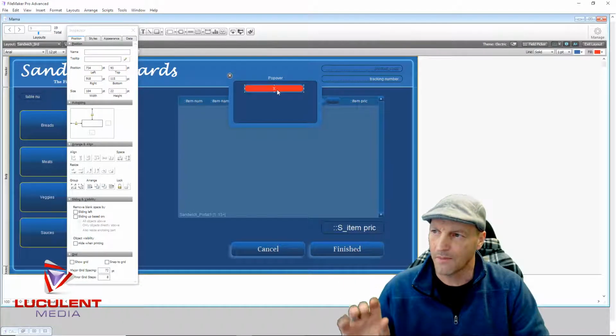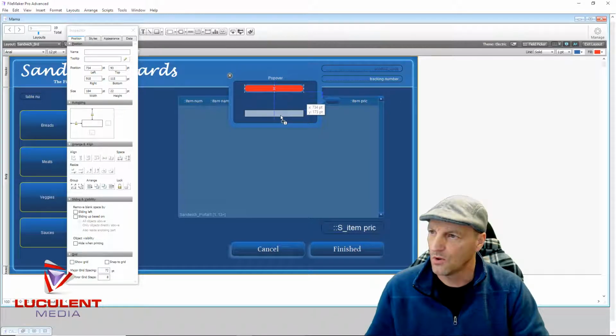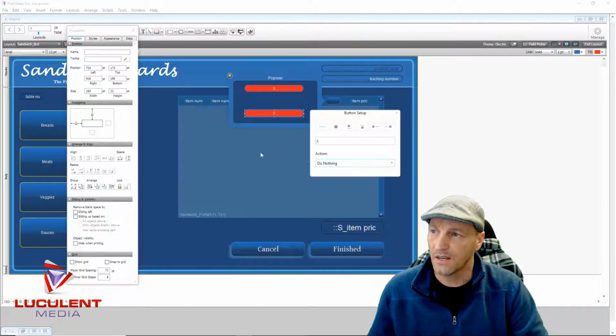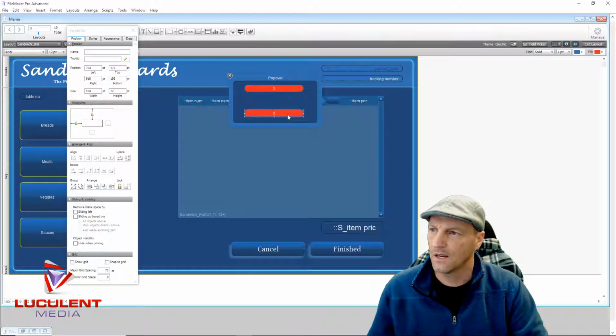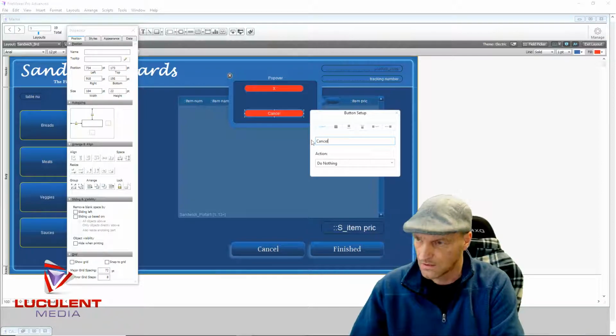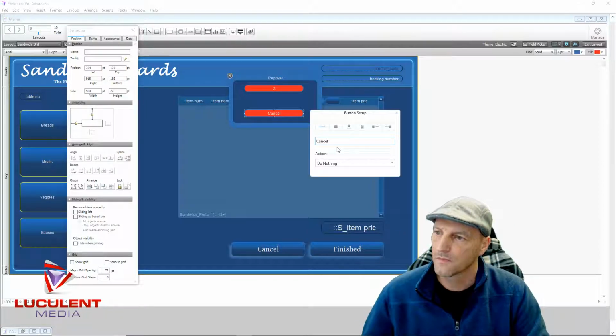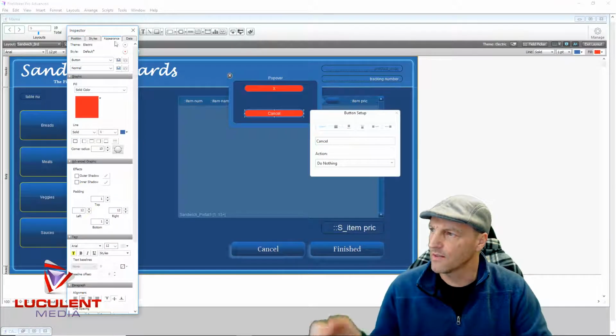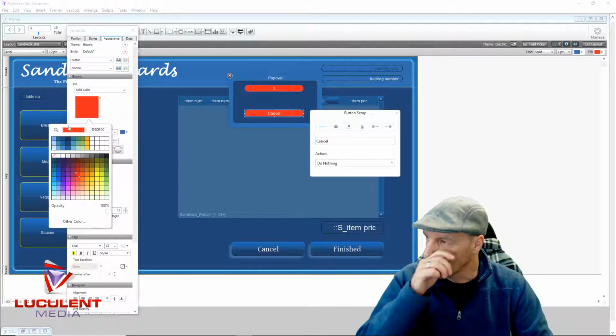You can actually grab this button, click off of it, grab the button, hold the control, and move it down. And then double click on it, and it says cancel item. You're going to want it to do nothing. And then I'm going to change the name, and I'm going to say cancel. And then I want to change the color of it. So in my appearance, I'm going to